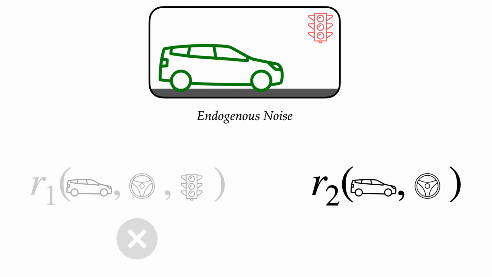Let's now consider the second reward function, which ignores the confounder. We note that such a functional form eliminates the natural reward function that penalizes the learner for not obeying the traffic light. We prove a surprising claim in our paper. For reward functions of this form, a perfect behavioral cloner will be value equivalent to the expert, while a causal imitation learning algorithm will not be. The intuition behind this result is that for a reward function of this form, one only needs to match the observed state action marginals of the expert, which is what behavioral cloning does.